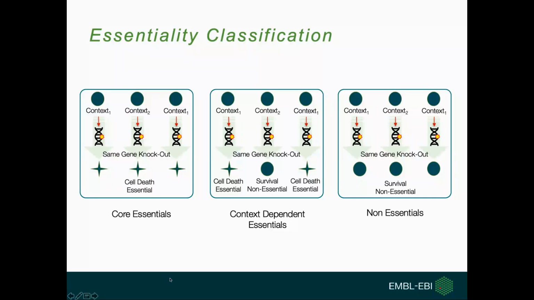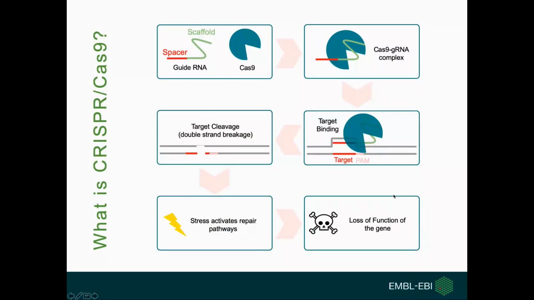Genes, or there are context-dependent essential genes which are required for some specific cells, and there are non-essential genes. They are obviously essential, but they are non-essential for cell viability. So after the concept of gene essentiality and context dependency, I would like to briefly talk about how a basic